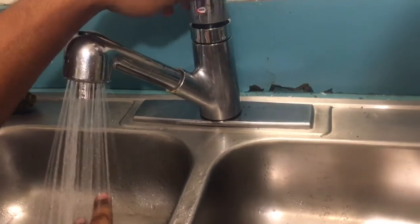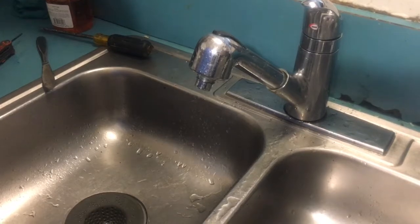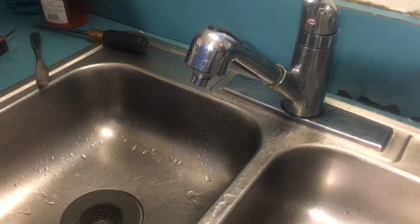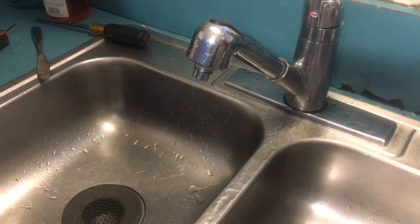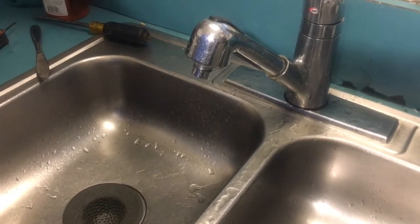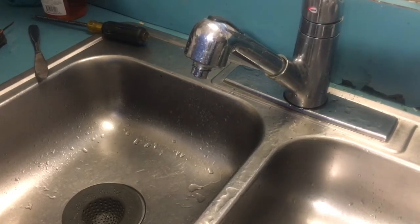hot water, good. Alright guys, this wraps up this project on how to change a Moen single hand cartridge, part number 1225,